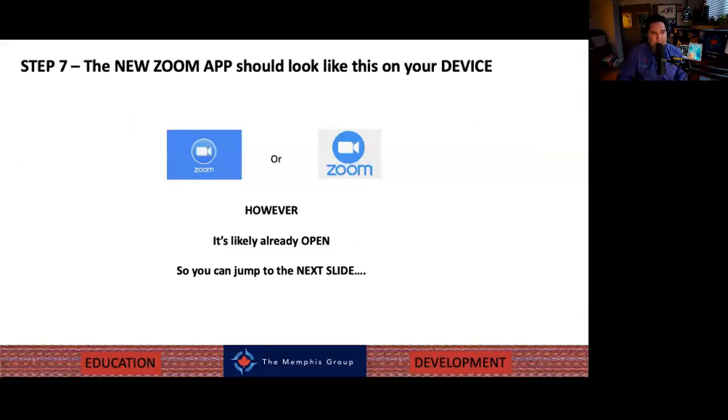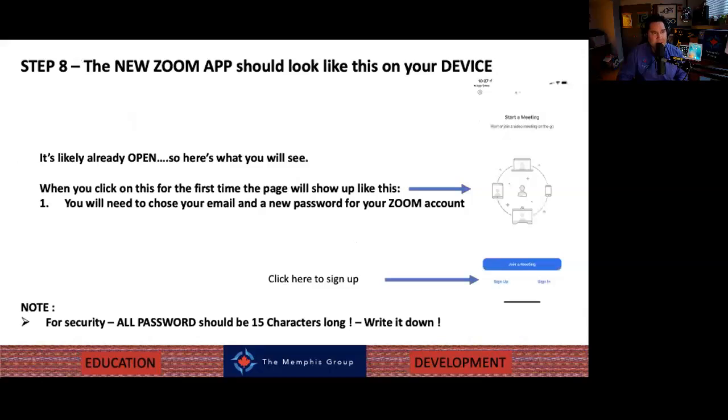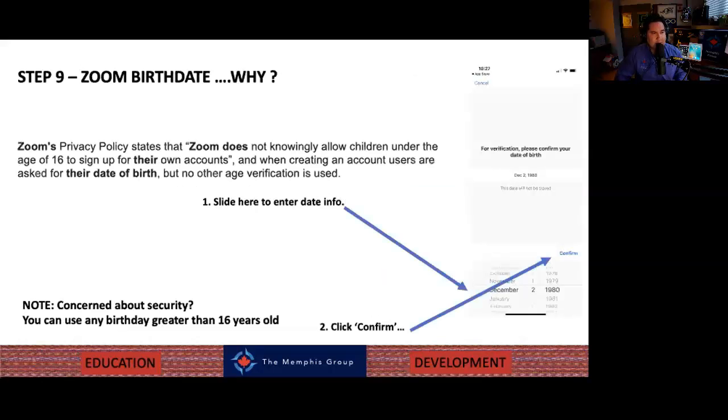Your new app should look similar to this, someplace on your device. And once you click on that, or it may take you immediately right to this page, you're going to want to pick the sign up button. Now the sign up button at the bottom indicates it will open up to